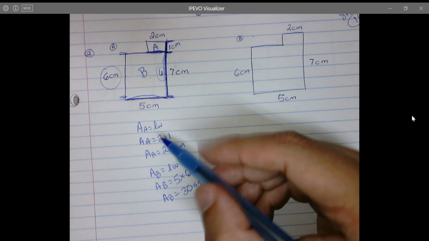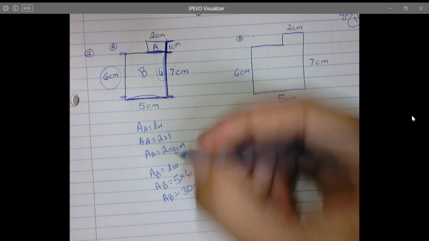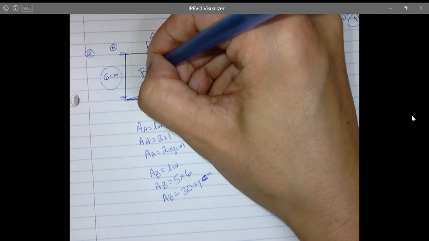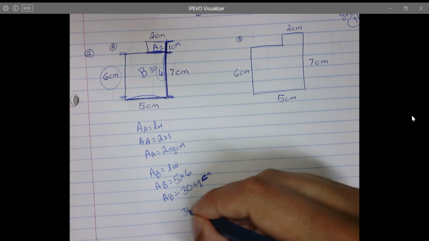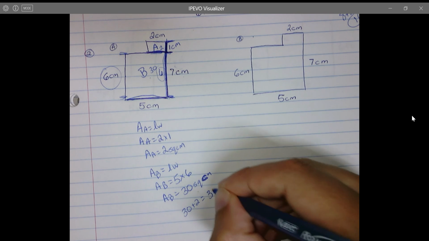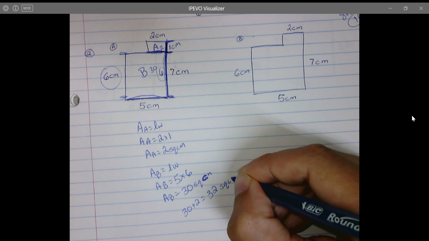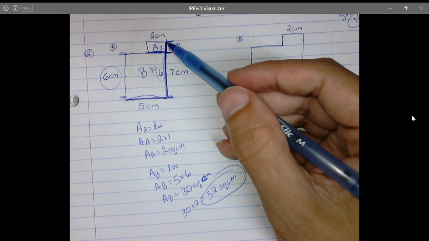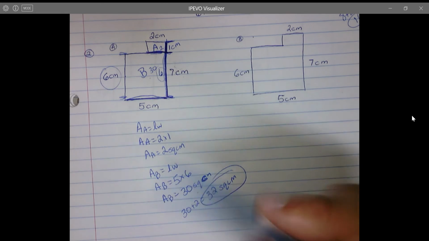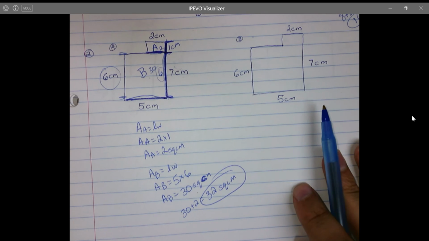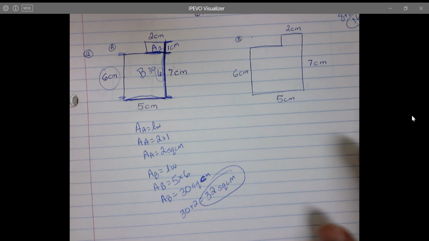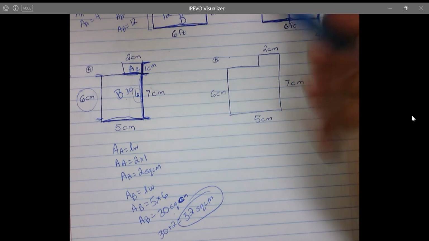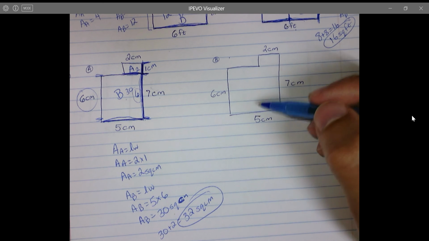So now I just need to combine A and B. This one was 2, this one was 30. 30 plus 2 now gets me 32 squared centimeters. So we had to kind of figure out this little side here, but we did have enough information. So let's do the same problem again, hopefully getting 32, but instead of decomposing it horizontally, let's decompose it